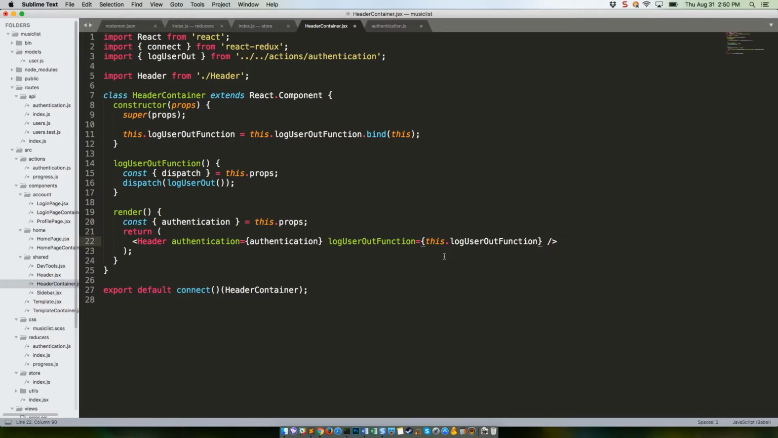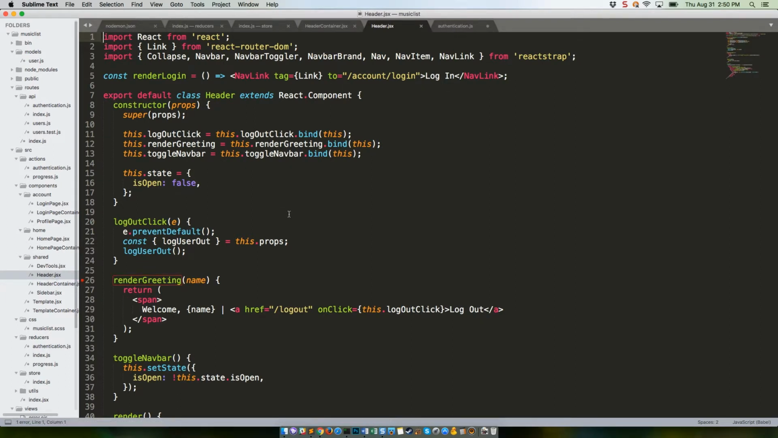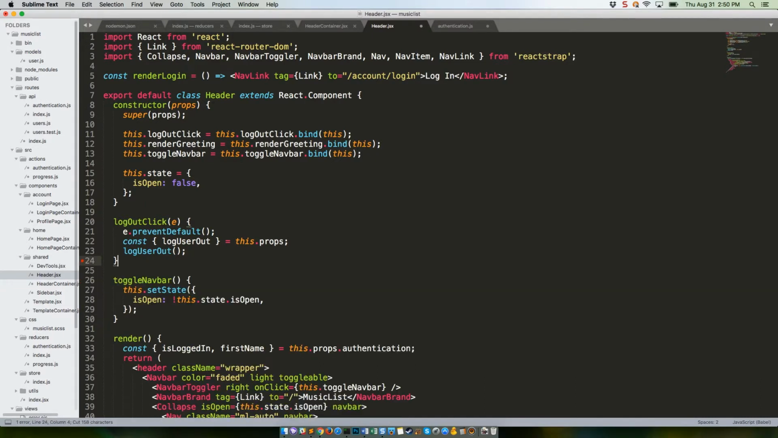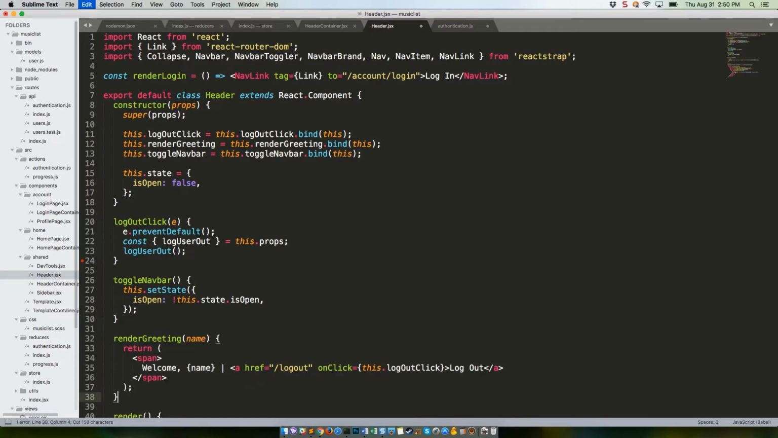We need to make a very small change to the header itself, so save this file, and then open up /source/components/shared/header.jsx. First things first, ESLint is complaining about the order of our methods, so let's move render greeting down below toggle navbar. This is just good practice, keeping functions that spit out JSX down close to the render block. With that done, all we need to do is change lines 22 and 23. Change them from this to this. Phew! Wipe the sweat from your brow, save this file, and let's head back to